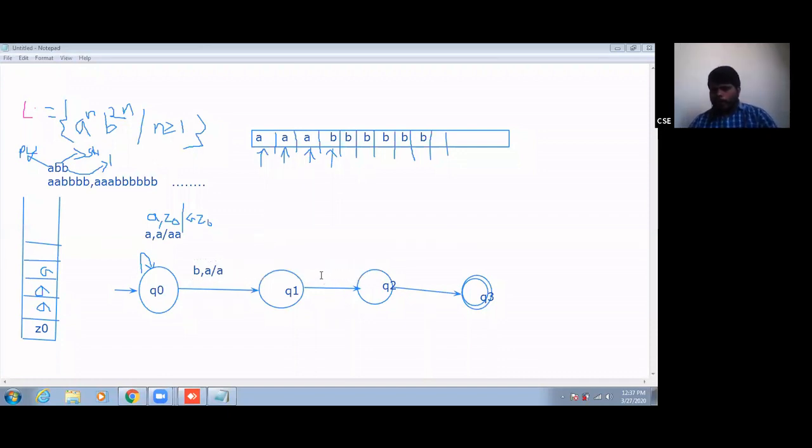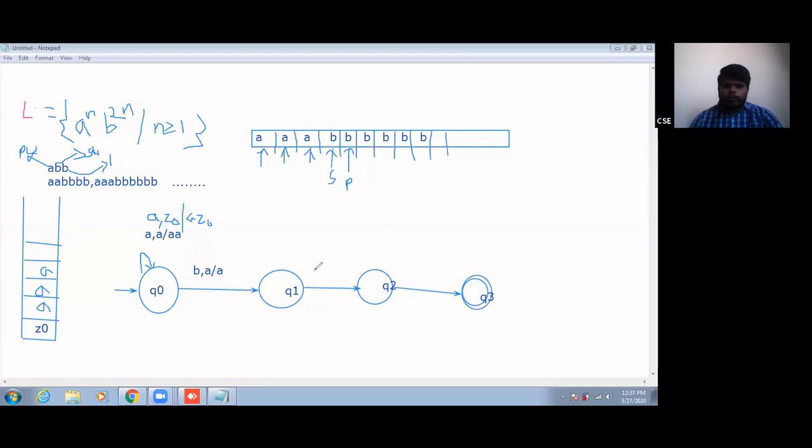Now we are performing the pop operation. For the next B, I am performing the pop operation. This B, I am performing the skip operation.